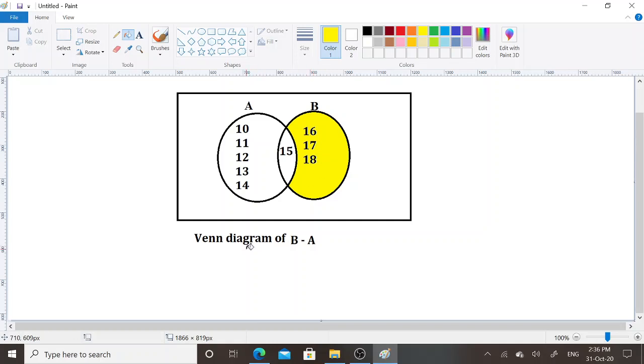This is the Venn diagram of set difference B and A.